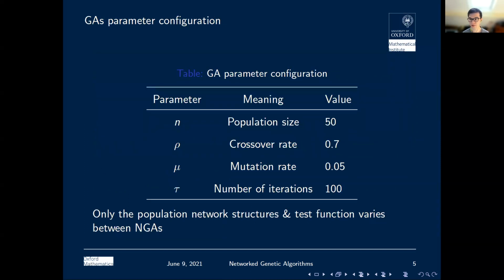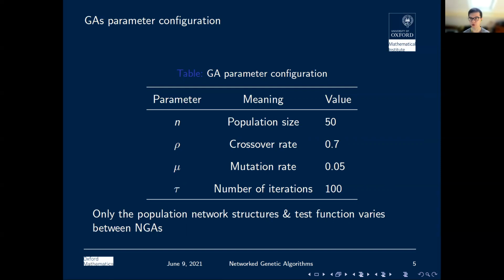Here I am just showing the GA parameter configuration. This is not fine-tuned. This is a very standard, very baseline configuration from different works that are very ancient now, but we are still taking this as a reference point. During the runs, we won't be changing the population size or the crossover and mutation rate. We'll be only varying the structure of the networks. This was just to show, for reproducibility and transparency, what the setup of the GA was.